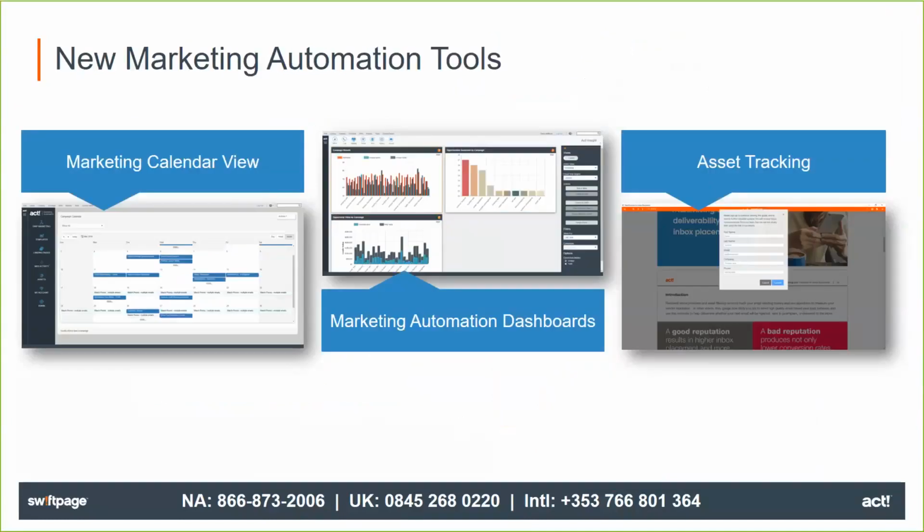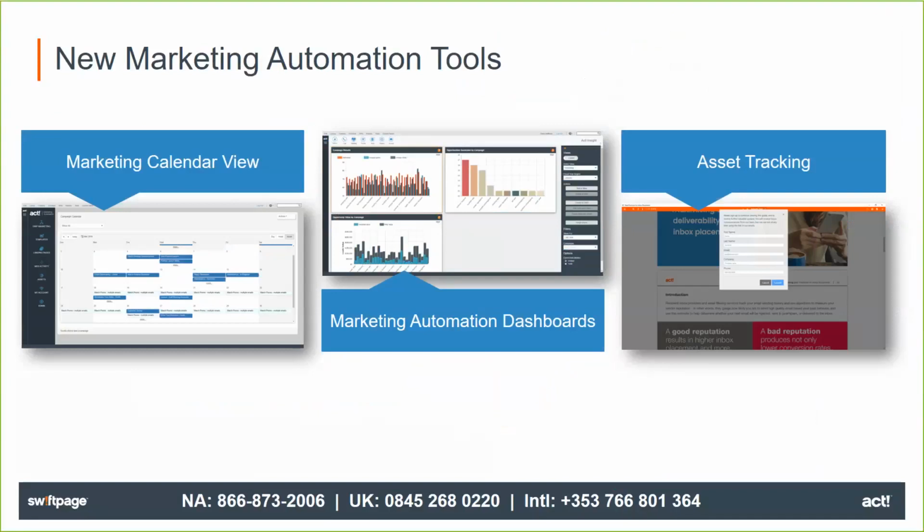Now, specific to marketing automation, you can see on the screen right now 3 features that we touched on a bit in our live demonstrations. The calendar view we mentioned. This allows you to see all of the campaigns that you have on the go and when every email in those campaigns will be sent. And that makes it really easy to manage all of the campaigns that you might have on the go at the same time. The Insights section includes that new view that shows your marketing automation dashboards, including information on your